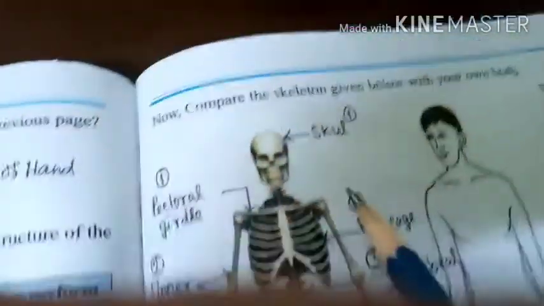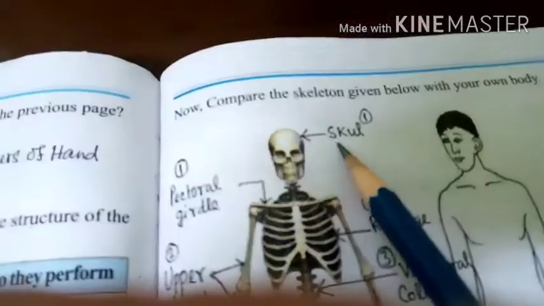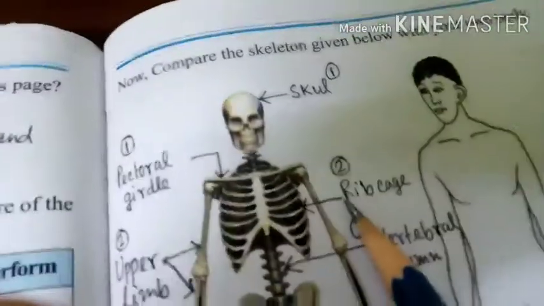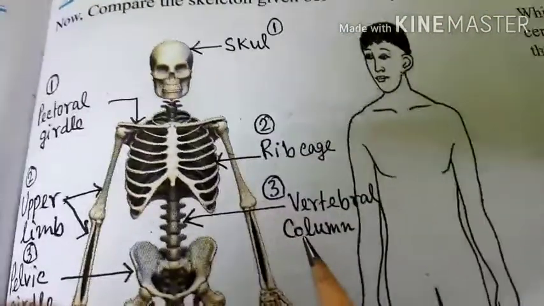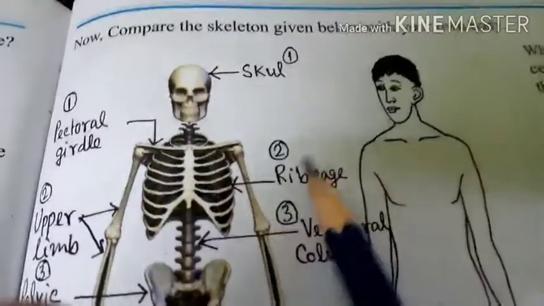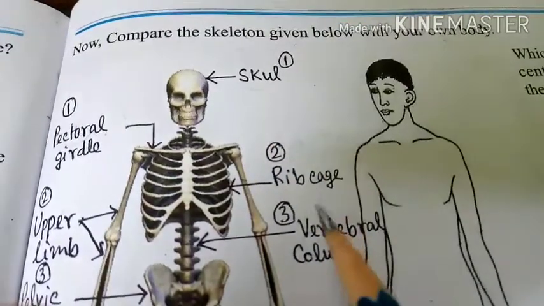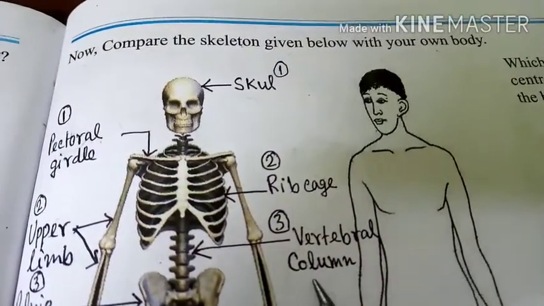So look here, this is skull, then rib cage, and then vertebral column. So skull, rib cage and vertebral column